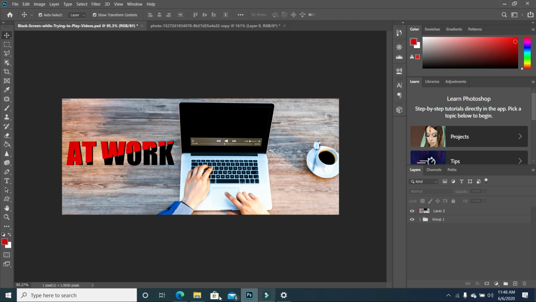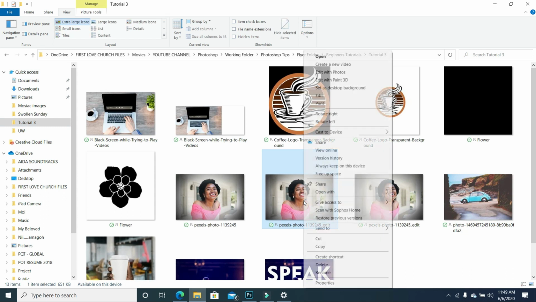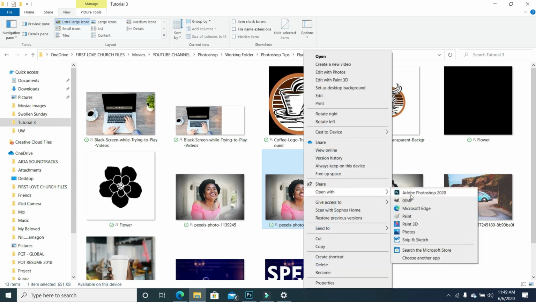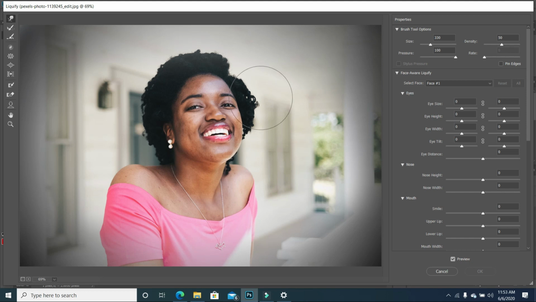So I'm going to go to my working file and I'm going to bring in this subject into Photoshop. So I'm going to right click and I'm going to say open with Photoshop. So with my image open, I want to go ahead and show you how you can use the Liquify. So I'm going to unlock this layer and I'm going to go to filter and I'm going to choose Liquify. So in Liquify, you can use the forward warp tool and you can basically begin to lift up